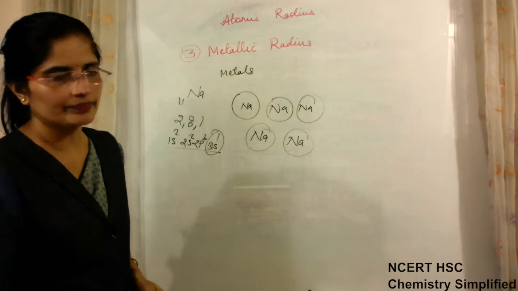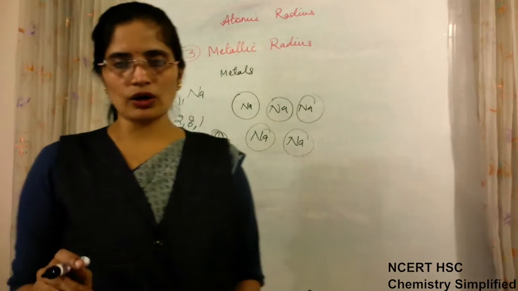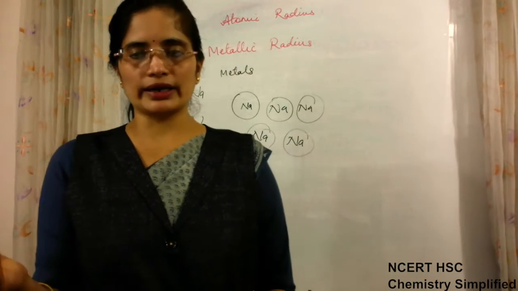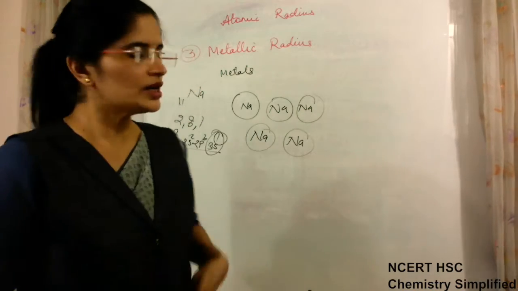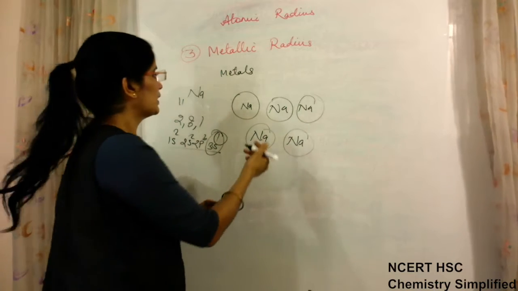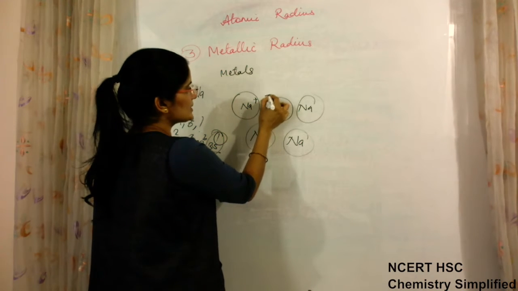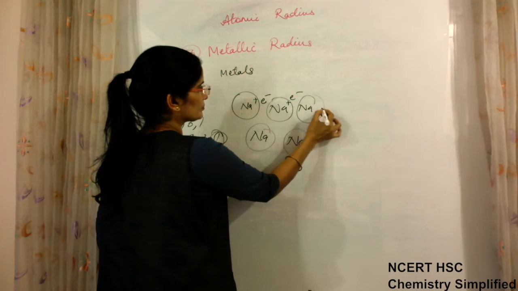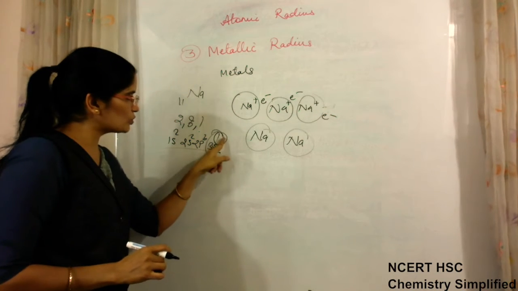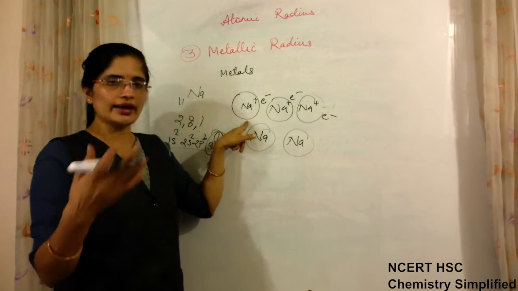electron. Okay, so in case of metals, because metals are always electropositive in nature, they have a tendency to lose the loosely bound electron which is present in the outermost shell. So whenever metals are present in the bulk, they are never present as neutral atoms. They are always present as Na positive, and a sea of electrons is always there. Na positive and a sea of electrons outside, means this electron is loosely bound to the orbit, or you can say the shell of sodium or any other metal.